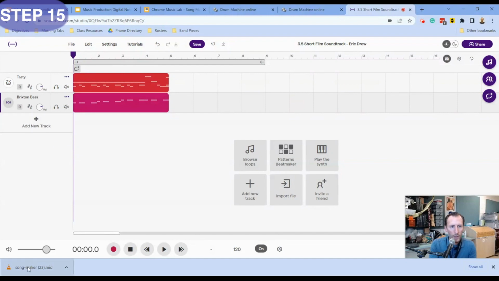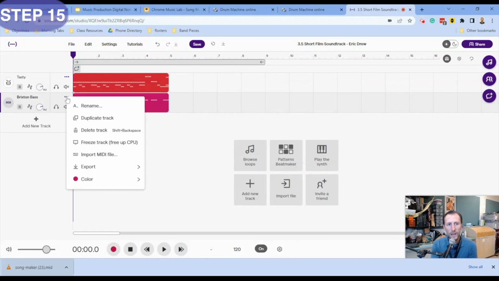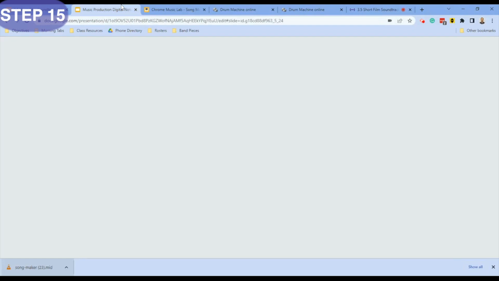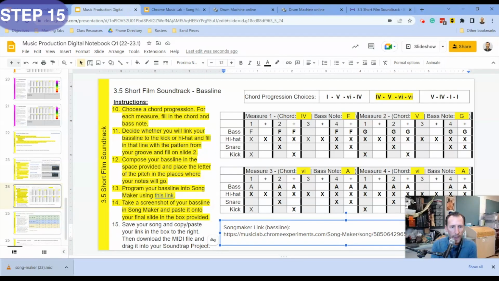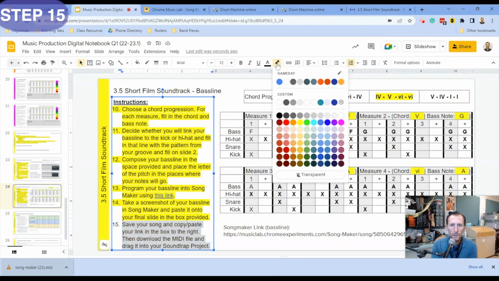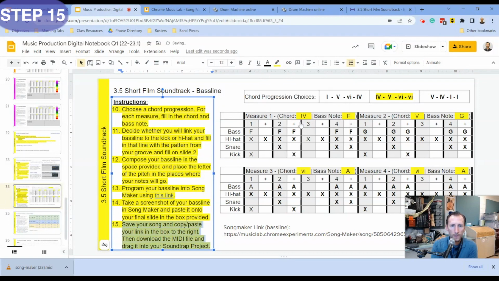So there it is. If you were dragging it in, then it would come in as a drum file, even if it would go at all, which it won't right now. So those 3 dots and import the MIDI file is really the best way to do it when you already have a bassline track there. Okay, so that completes step 15, and that completes slide number 3 of our